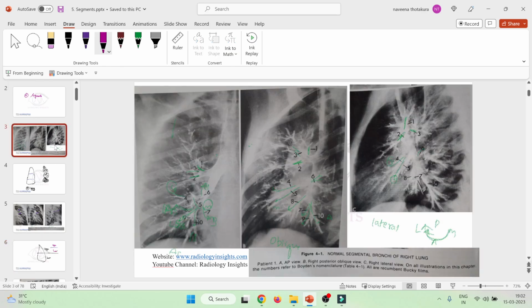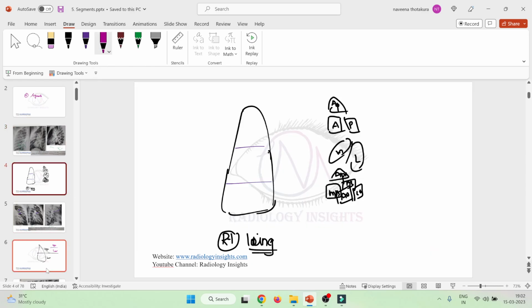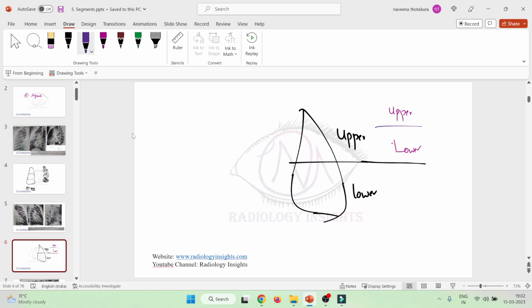The upper division is divided into two parts. We have the apico-posterior segment and we have the anterior segment. Then in the lower division, we have medial segment and lateral segment, or you can say superior, not medial and lateral. Actually, medial and lateral is in the right lung. But here the lower division is divided into superior segment and inferior segment, which are supplied by